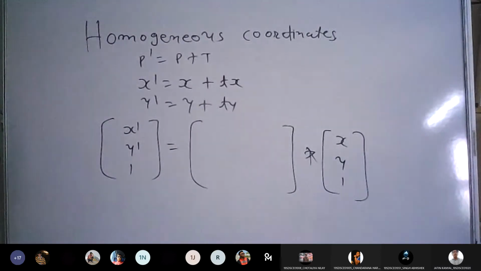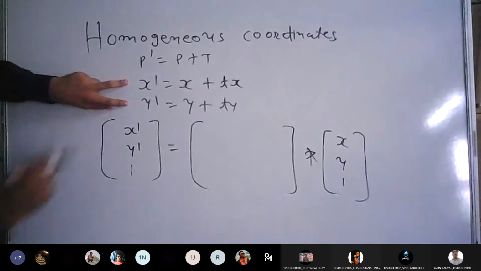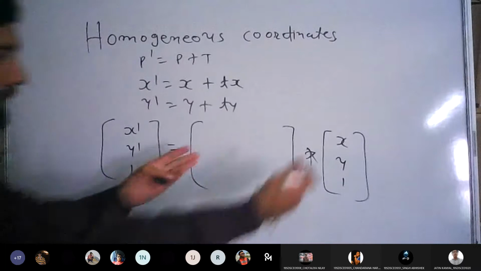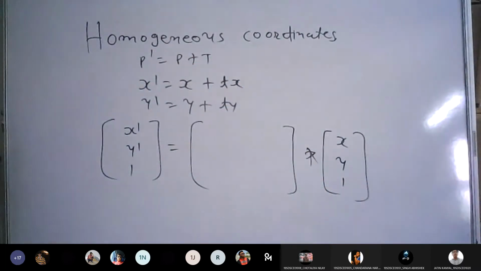No, sir. Okay, so now based on the equation, can you help me write something in this middle matrix? I need to write something so that when I multiply both the matrices, I get the same equations. So what to write here? Anyone, just try for it. No one is able to get it?